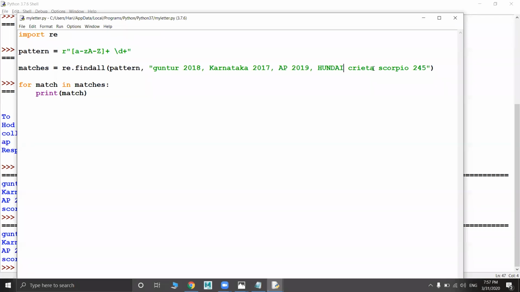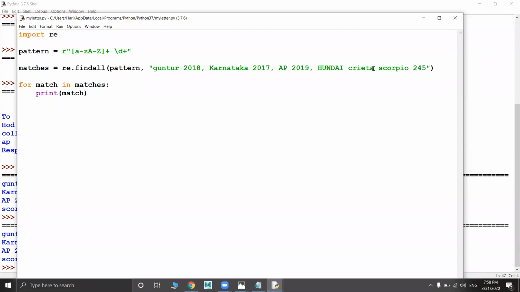Have you found that any time? That is because of this. So I don't want to add any extra special characters to the given pattern. So I am giving R before it, so that it will read it as raw.